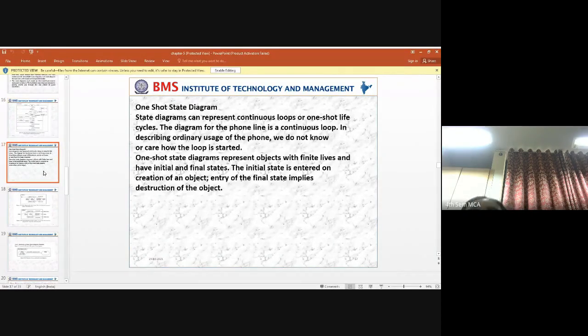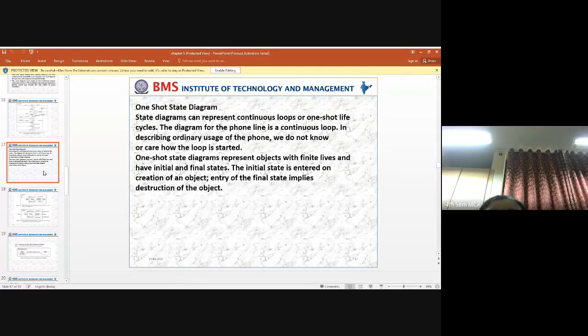So the next thing we have is the one shot state diagram. In our state diagram, we can have loops, as we have looping statements in a programming language, right? Similarly, we can have loops. So what are loops in a state diagram? In the previous diagram you might have seen, if the number is invalid, you will keep on trying to dial the number. Dialing a number repeatedly is a repetitive process. How you can come out of this, or keep the phone in a continuous loop, can also be represented with a state diagram.